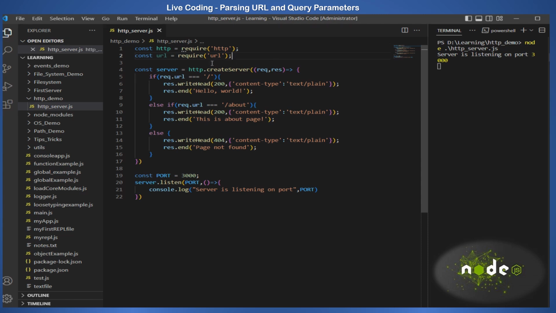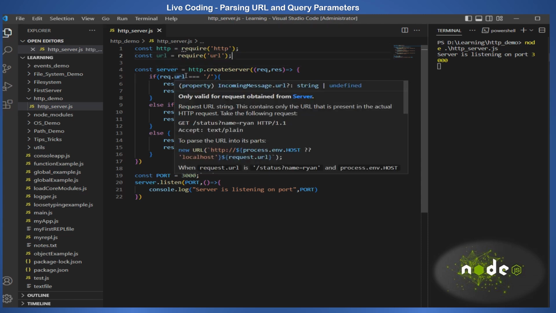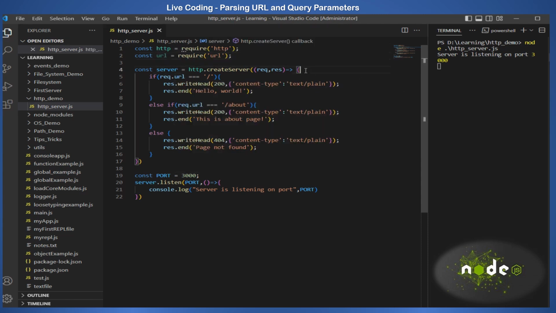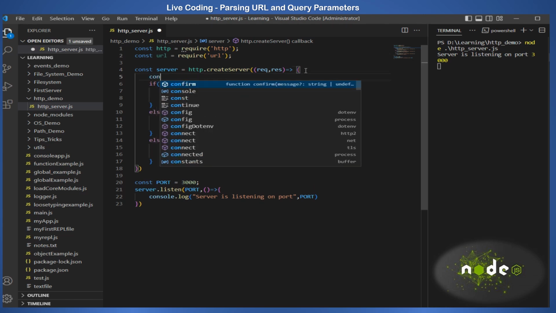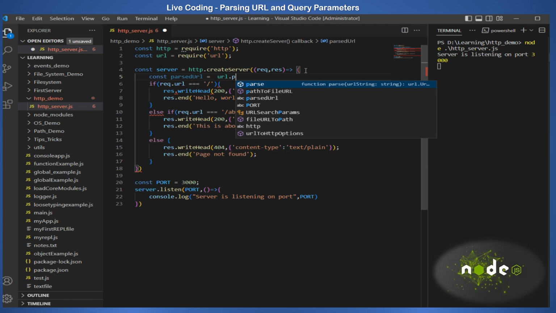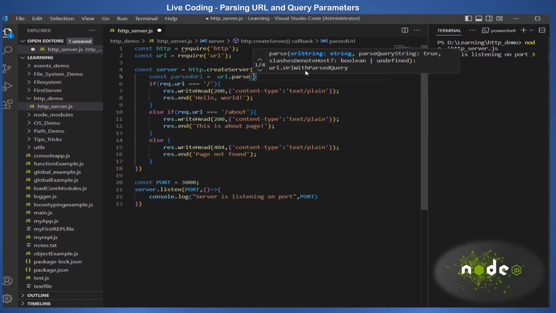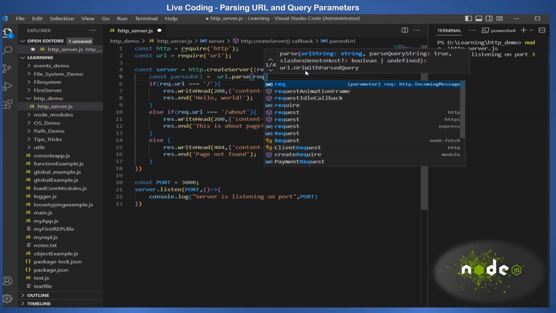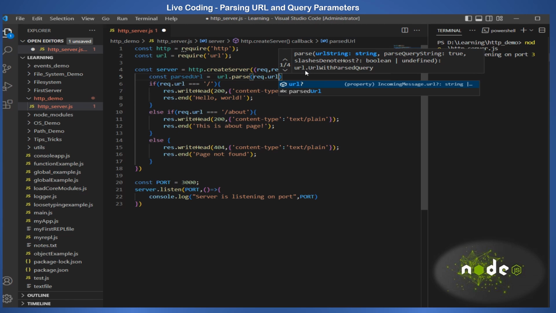Once the URL module is imported, first we'll try to parse the request.url. So const parsedUrl equal to url.parse of request.url, dynamically we can take request.url,